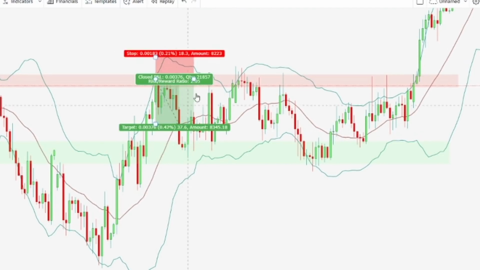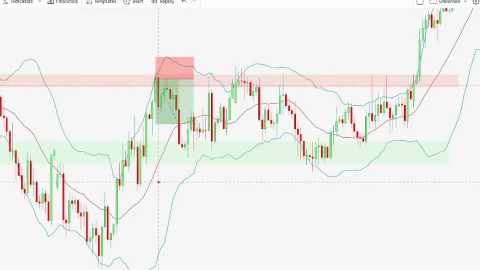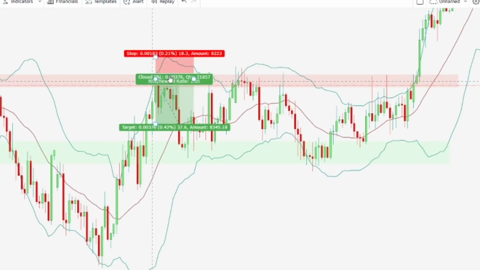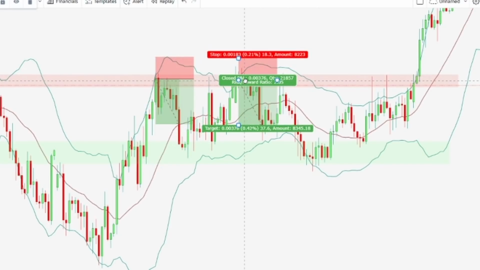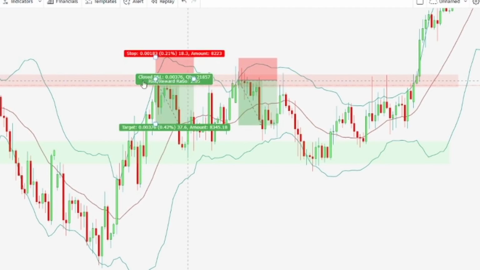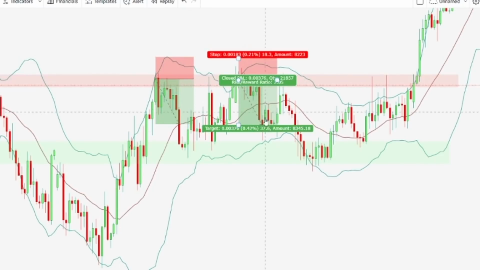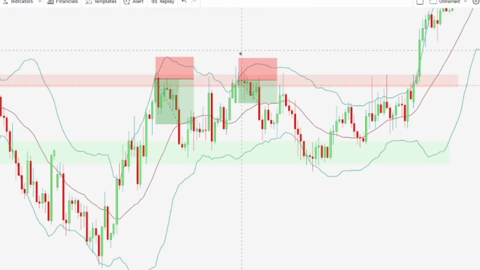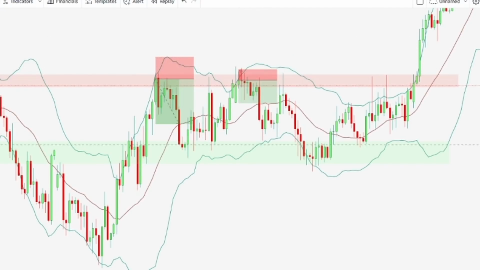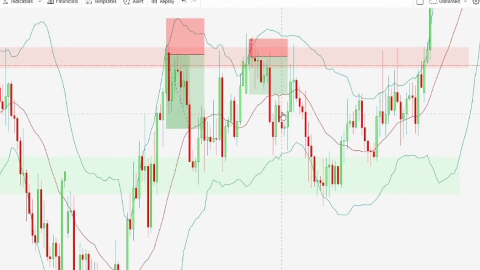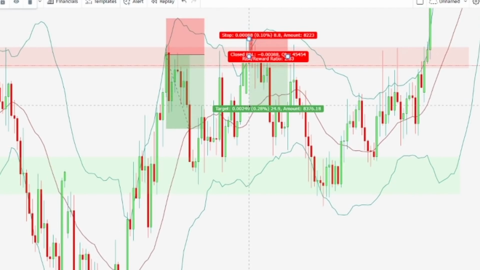So in this case, maybe we go for a 2 to 1, and you can see we're just targeting a pullback. Right? We're just looking for a quick move in and out of the market on this example. Now we can do the same concept. We can drag this over here, and let's say that we took a short sell at the top of this range, and at the Bollinger Band. It gives us a much tighter trade. But you can see, in this case, technically a 2 to 1 actually wouldn't have worked out. Right? Because if you're targeting this middle band,